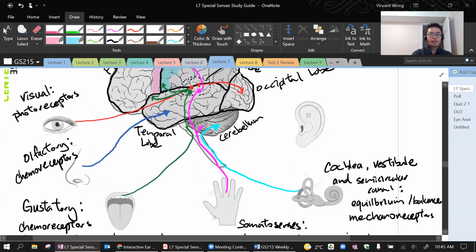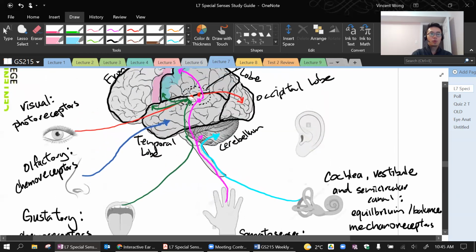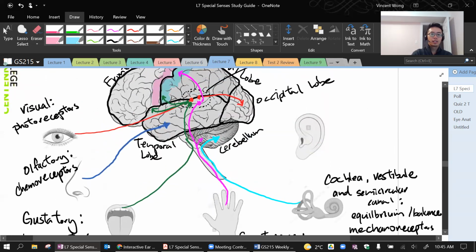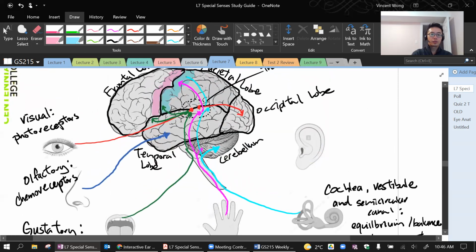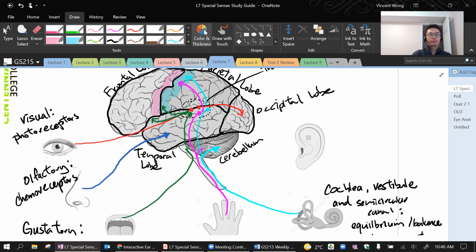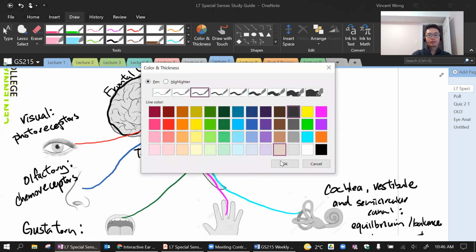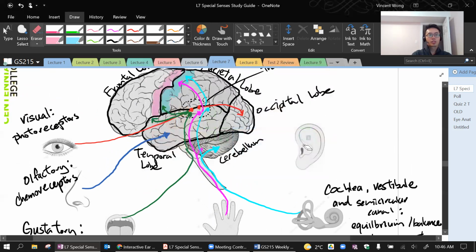Okay, and some of this information will also go to your thalamus, and then to your primary somatosensory cortex. Okay, almost there. For hearing or auditory,